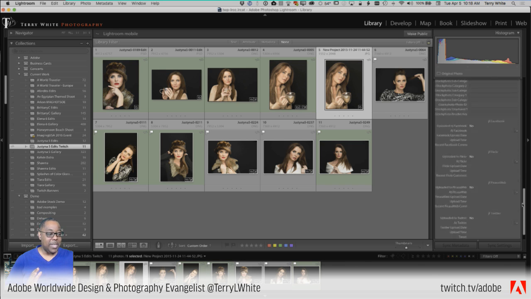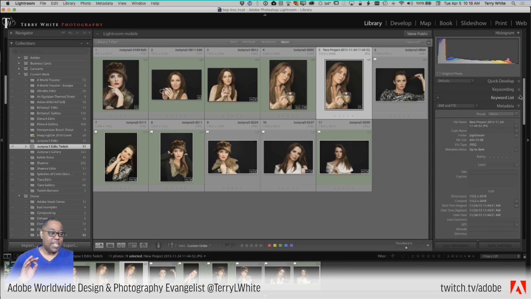I'm not looking at things I'm not actually actively working on, and the solo mode will make it a lot easier for people that just don't have to constantly keep scrolling up and down a long list of options in these panels. And one of the ones that I kind of hit by mistake, I wasn't ready to go to it yet, was if you also right click anywhere in this area, you notice that each one of these has a check mark by it. So just like the modules at the top that we were able to turn off and turn on, we're also able to turn off and turn on individual modules in the panels that you don't use.